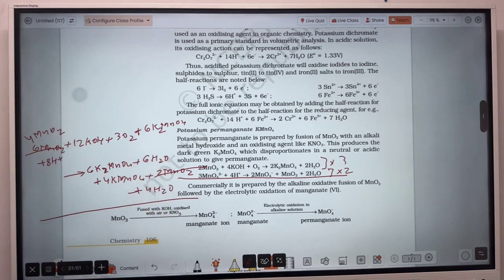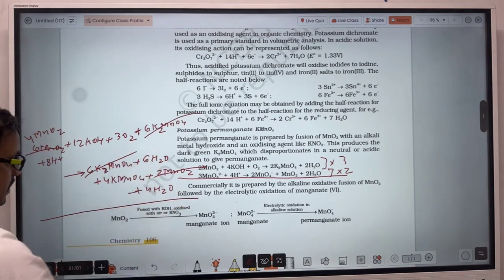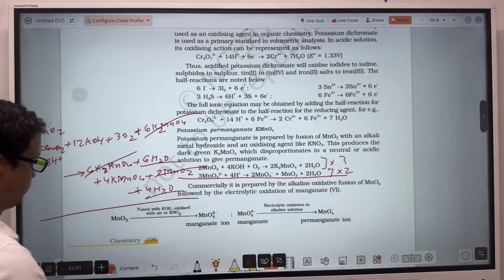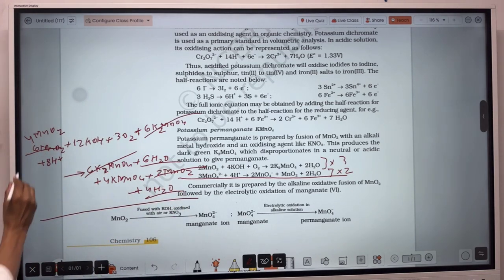K2MnO4 here it is. So this K2MnO4, this K2MnO4 cancel out. 6H2O, 4H2O. So overall reaction will be 4